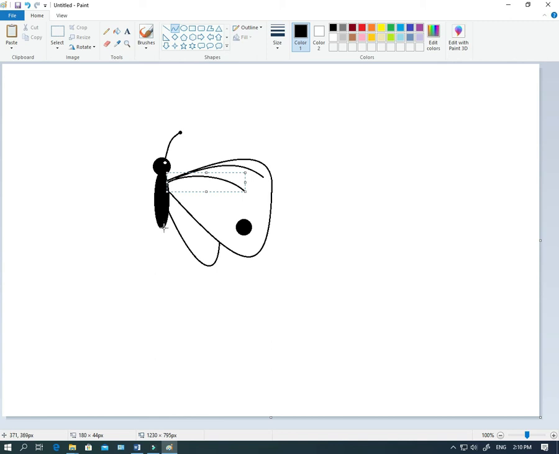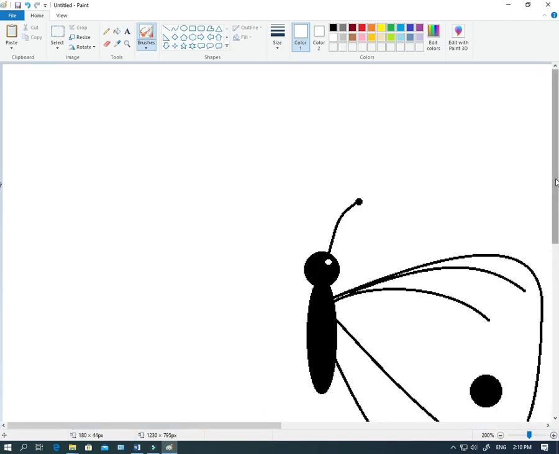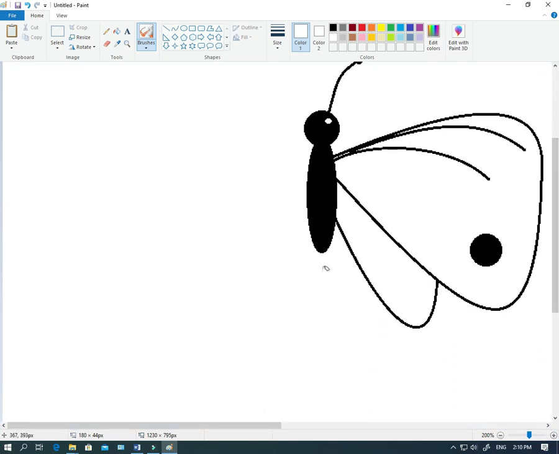I think we'll leave it at that. And finally, we're going to make a little bit fluffy piece around the bottom of the body. So we're going to choose the brush, an airbrush. Make sure my color is white. And in this one, I'm going to zoom up a little bit, so it's a little bit larger. I'm going to make my size the largest size,